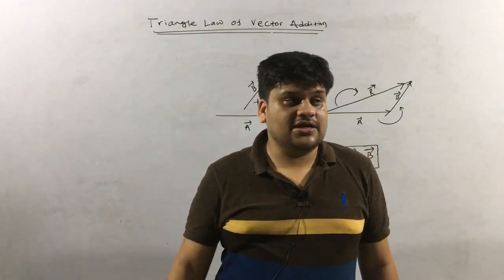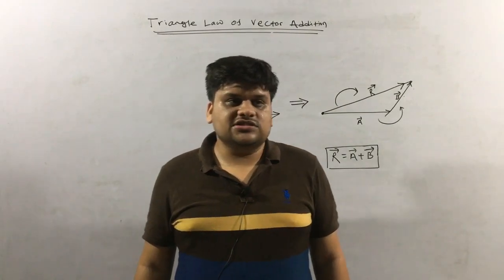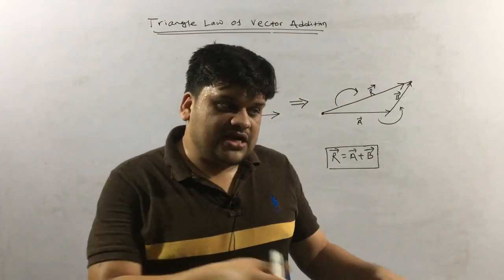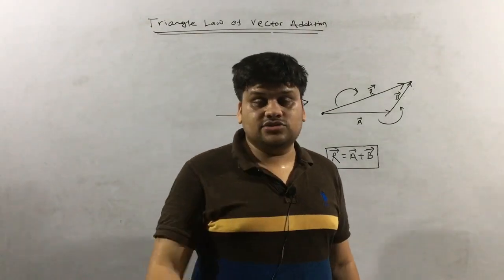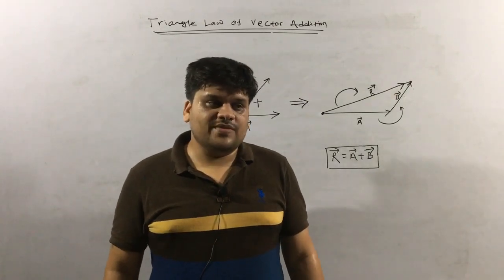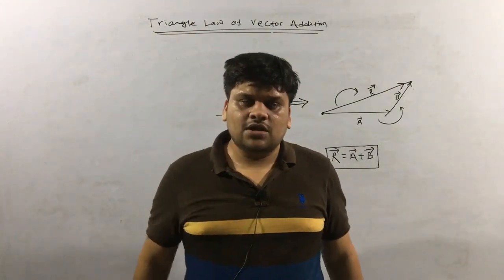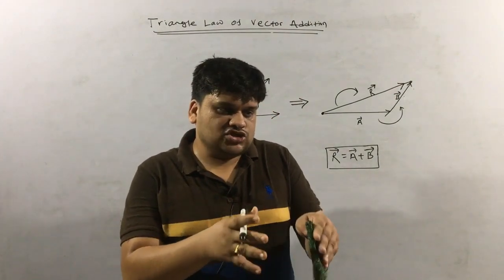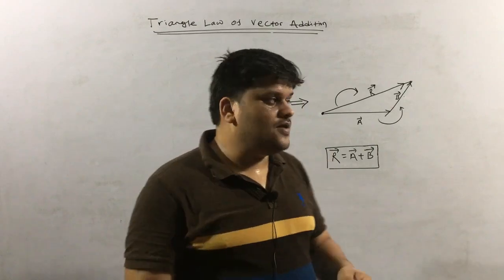It is completely experimental, and although there is no experiment related to the triangle law in your syllabus, there is an experiment related to the parallelogram law. While you do that experiment, I will explain how these laws might have come. I am also not sure how these laws came, but these are completely experimental. Experimental law means some experiment has been done by taking different velocities, adding them, different forces and adding them like that, and finally they got a law, or a common structure, that if two forces are added, two velocities are added, or two different vectors are added, all of them give this type of result.